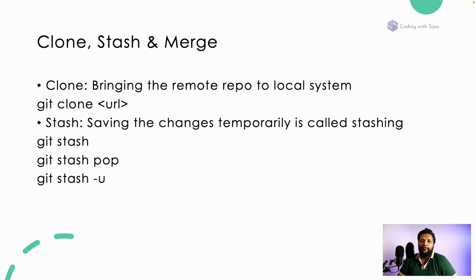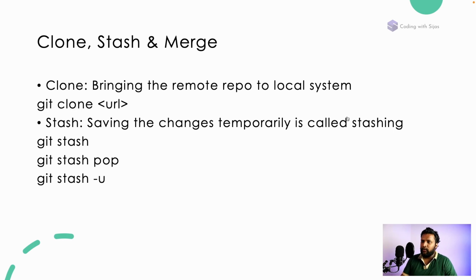Cloning is a process of bringing an existing Git repository from the Git server to a local system. Ideally, this is what you do before starting to work on a code. So you might have an existing repository and you might be working on extending it. So let's see how to clone a code.